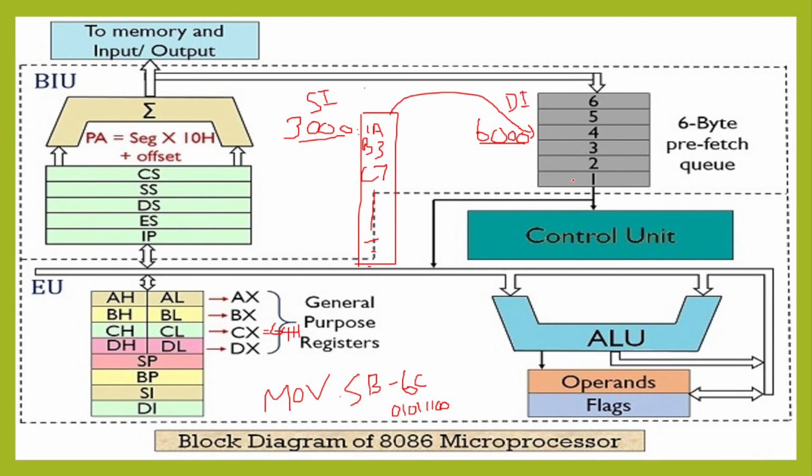That number is available on the instruction queue. When this number comes from the instruction queue, the processor has to understand that it is move string byte. It will check the CX, take the data from SI, paste it into the DI address and decrement CX. So all the functions it has to perform are only for this binary number. That's the function of the execution unit. The bus interface unit fetches an instruction, and the execution unit decodes and executes the instruction. That's about the 8086 microprocessor.